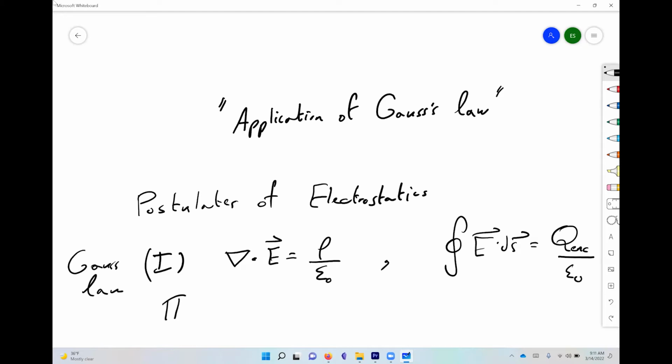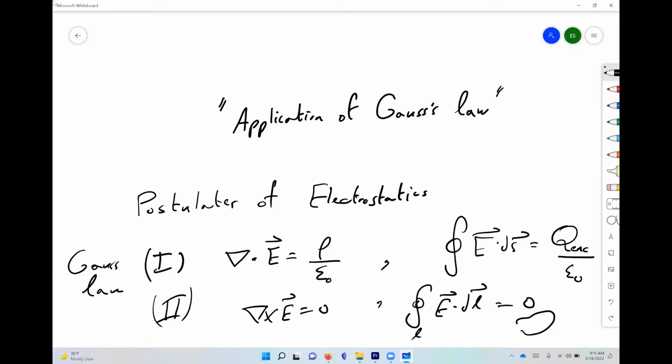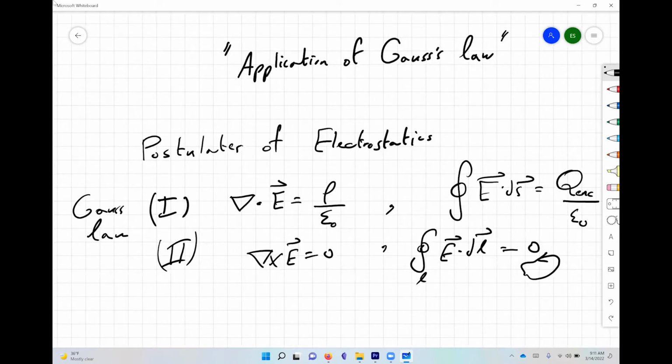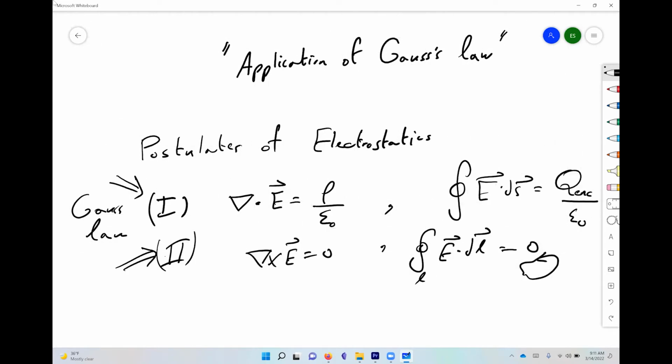And then there's postulate number two about the curl, which states that the curl of E equals 0, and the circulation of E, the integral of E dot dl, equals 0. The circulation along any closed path is 0. So we've proven this. I'm not sure if we've proven this, but we can discuss this. But as far as Gauss's law is concerned, Gauss's law gives us a new method now for calculating